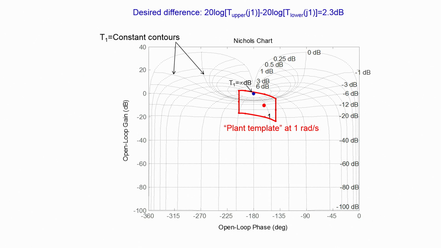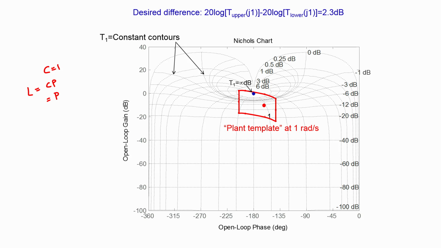So, we have the plant template at 1 radian per second to have this particular shape, and in the first cut of design we assume our controller at the start is C equal to 1, because we have not yet designed the full controller. In which case we would have the loop gain L equal to C times P, or simply equal to P itself. Therefore, at the very start of our design, the loop gain also occupies the same area in the Nichols plot as the plant does.